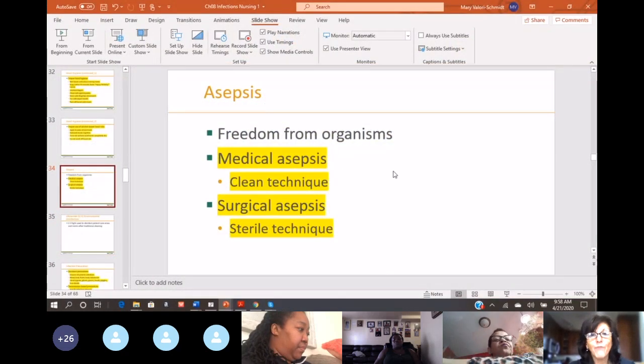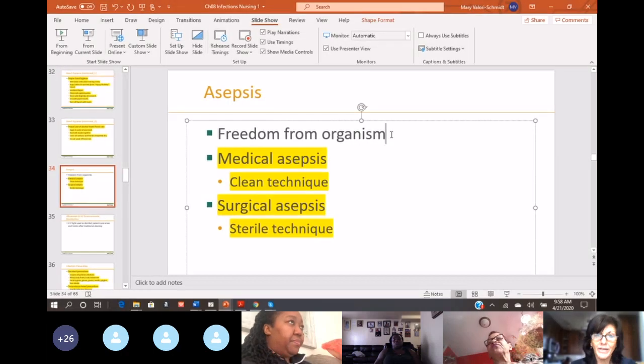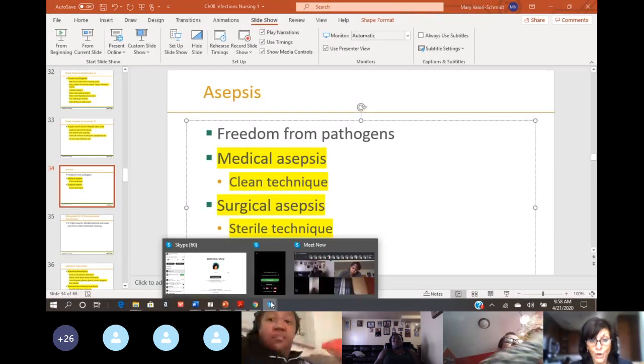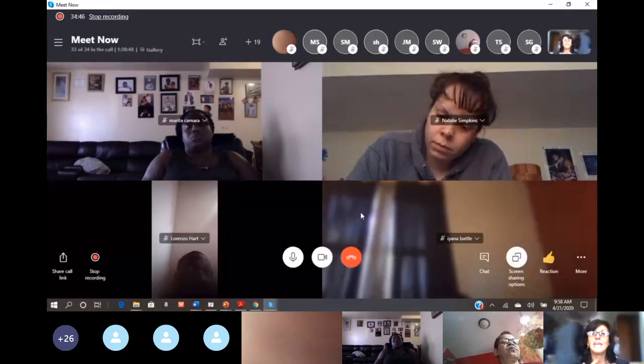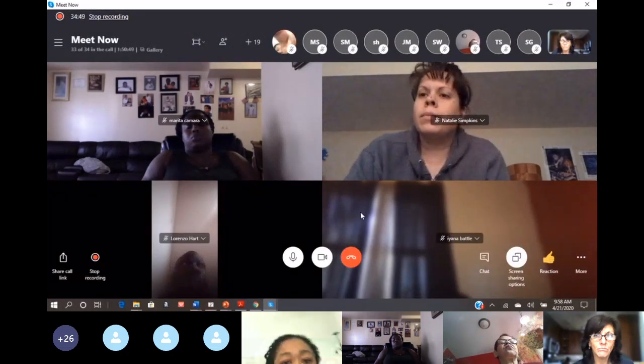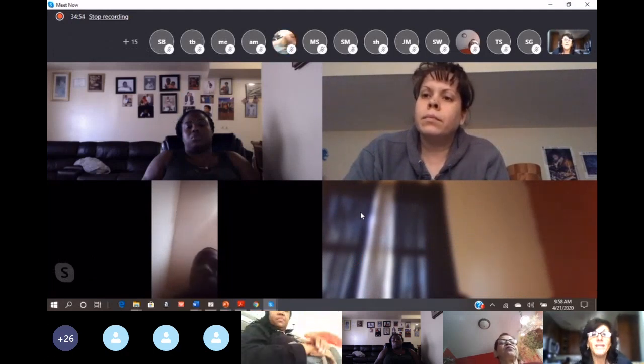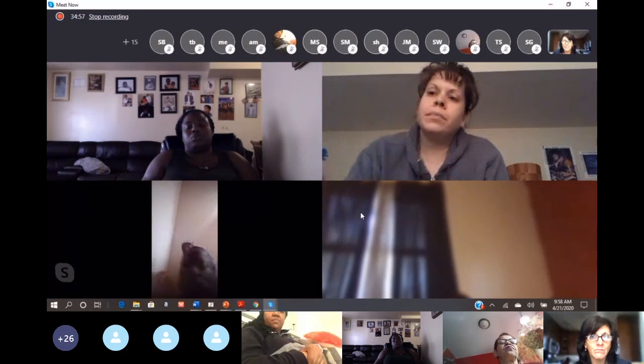in order to stay away from pathogens, and I'm going to change this from organisms to pathogens, things that will make you sick, we have something called asepsis, which is either medical or surgical. Medical asepsis is the clean technique. Surgical asepsis is sterile. So when we're talking about certain procedures like tracheostomy suctioning, sterile. Foley catheter insertion, sterile, right? Those are sterile procedures. We're talking about wound care. It's clean, not sterile. We're talking about the care of an ostomy, clean,